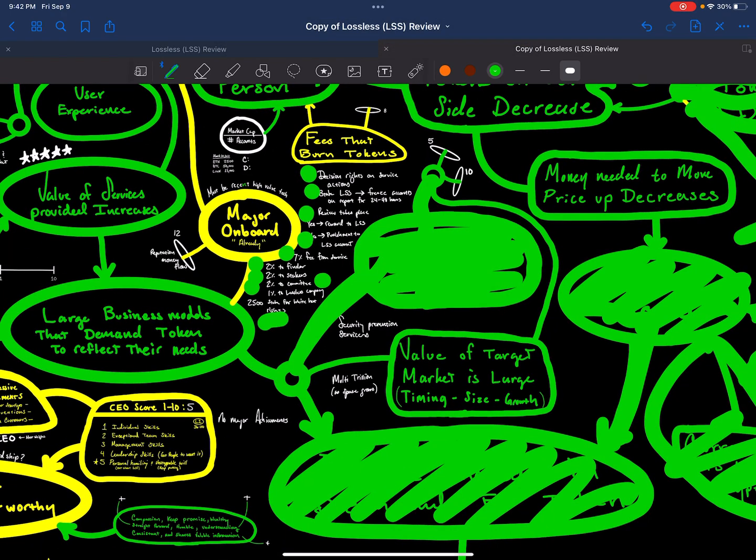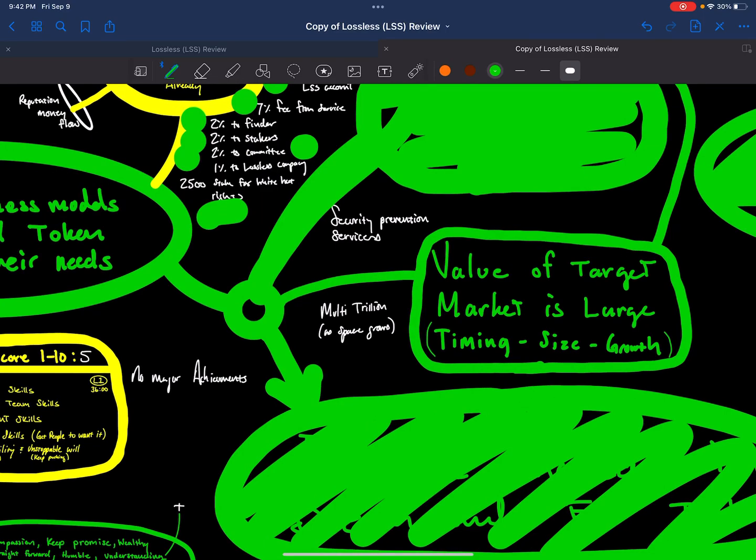Value of the target market, I'd say it's very huge. I'm going to say it's multi-trillion. I think that hacks are going to continue to happen. I think funds getting stolen are going to continue to happen. And there's always going to be people motivated to hack and exploit contracts. These guys will always have a future. If they keep going forward, there's always going to be a market. They can always find customers and they can always get paid. I can always imagine that because